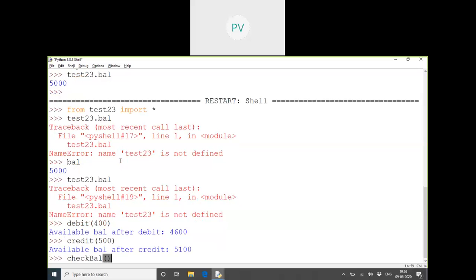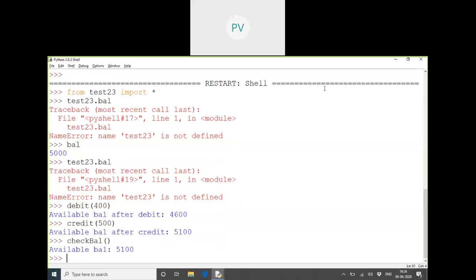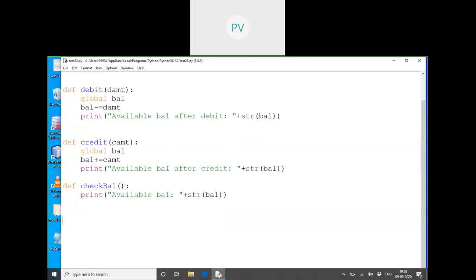Here I had to write it, but if I close the shell, I want to write the steps here and check it so that we can edit it here. First I'll call this function, then the debit function, then the credit function, then the check balance function. So I've written the whole program in this file itself.